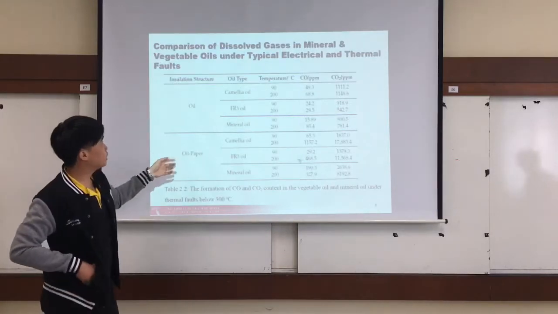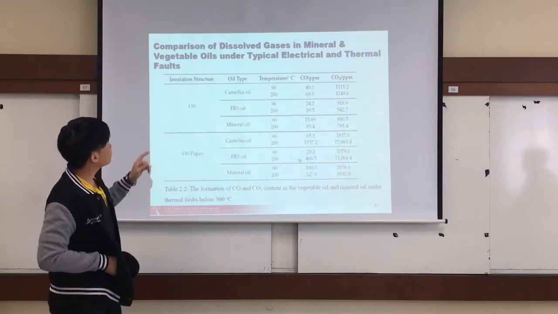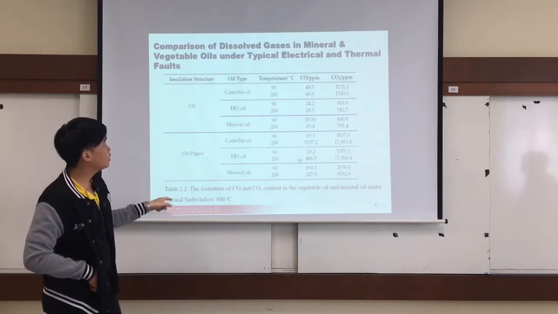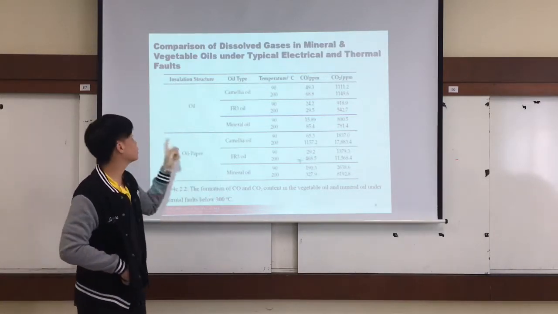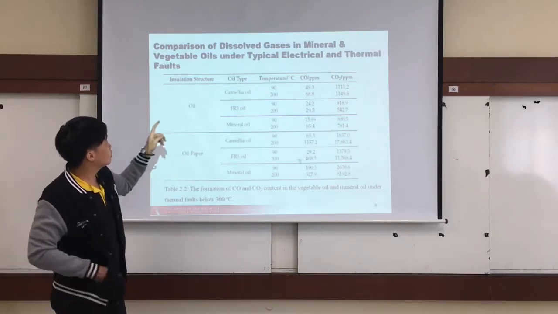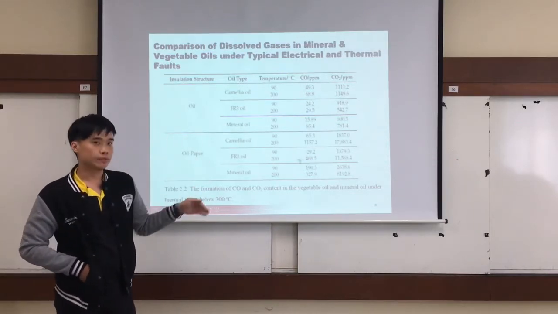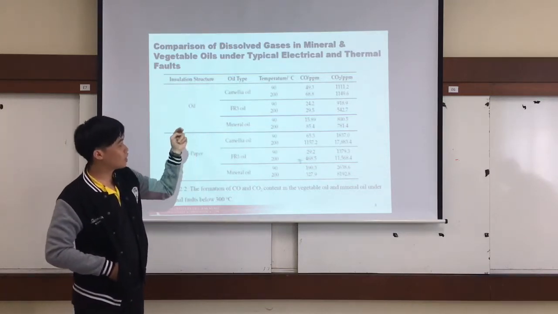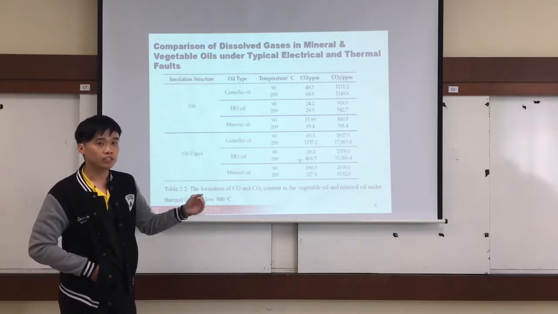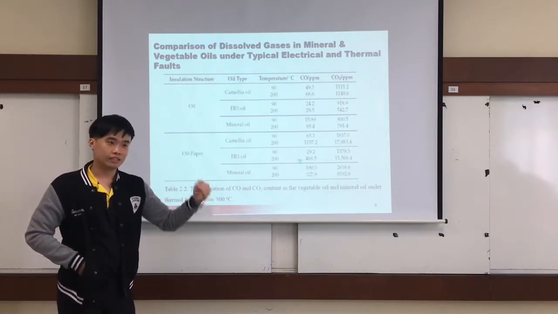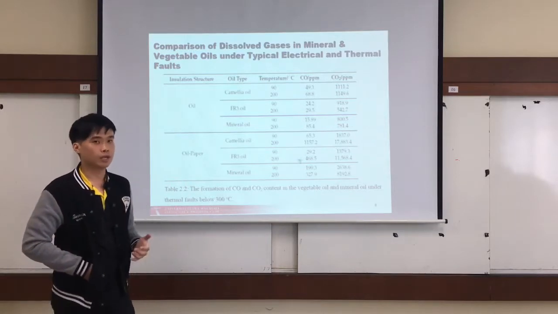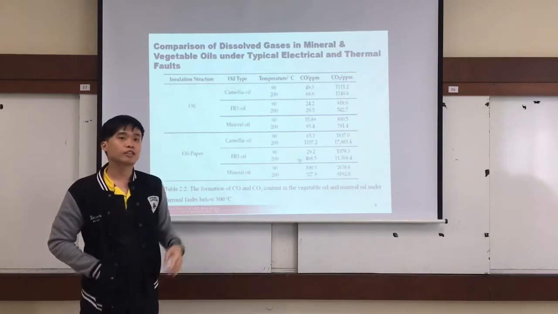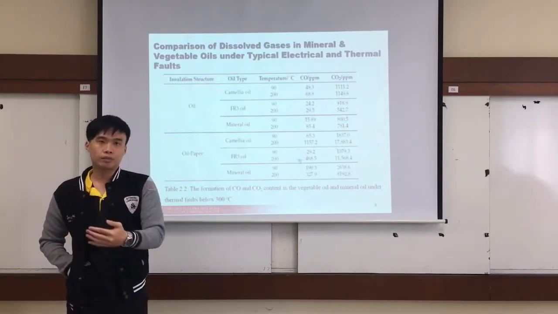Then we see the next experimental result. From this table, it compares the dissolved gases in the mineral oil and vegetable oil under typical electrical and thermal force. During the experiment, it will produce carbon monoxide and carbon dioxide, which will lead to acidity, and as a result lead to the formation of gas bubbles. Therefore, the formation of carbon monoxide and carbon dioxide will indicate the amount of gas bubbles in the